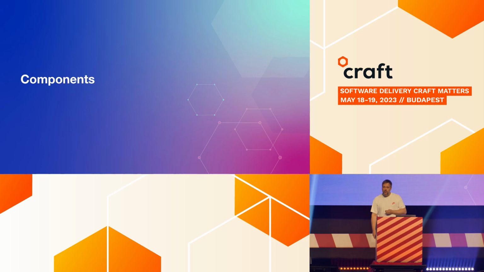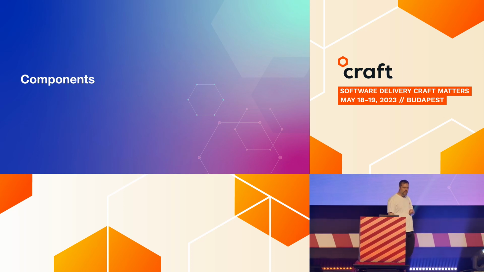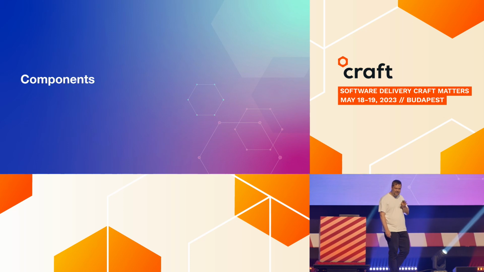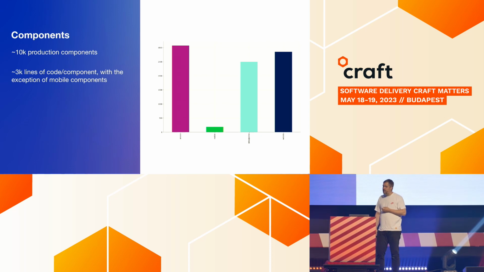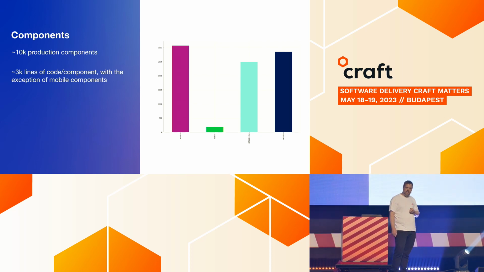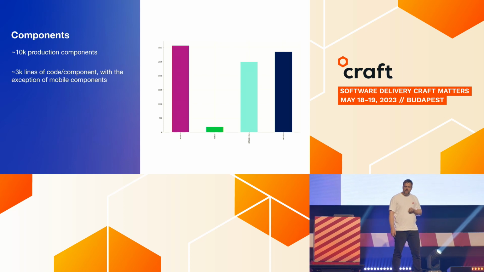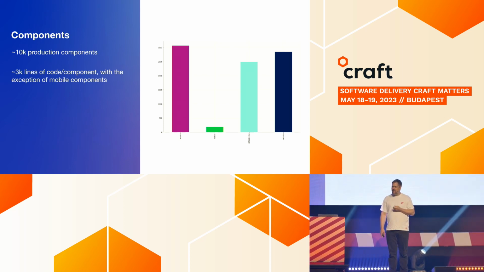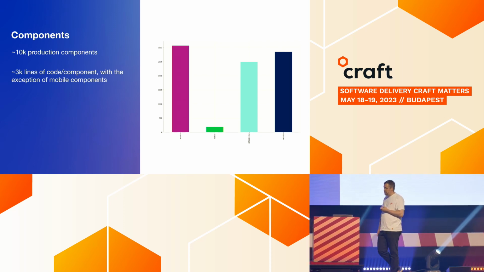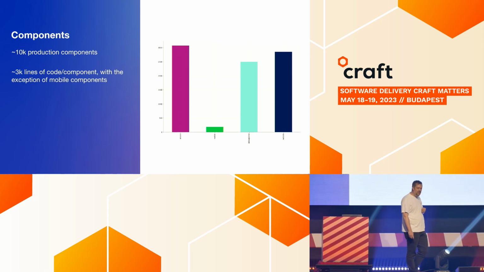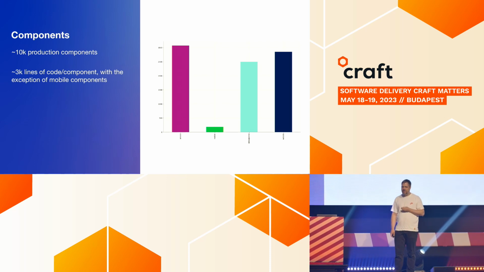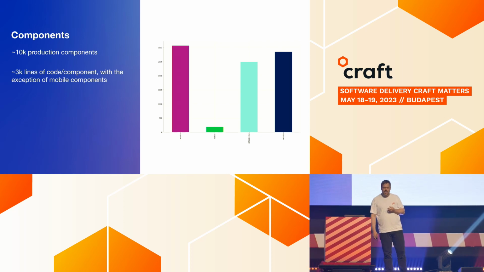So let's look at what our components actually look like in practice. And again, as a reminder, these are the services, the data pipelines, mobile components. In total, we have 10,000 or slightly north of 10,000 production components. So that's distinct, unique software components that we deploy and manage. Each of those, just to give you a sense of order of magnitude of their size and complexity: lines of code is maybe not the best metric, but at least it gives you some understanding. You can see that on average they're around 3K lines of code.